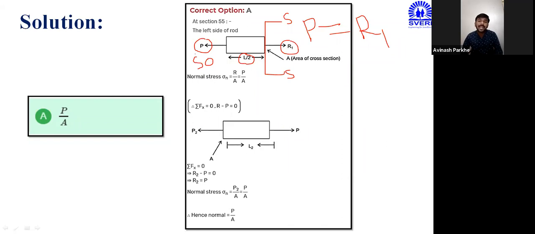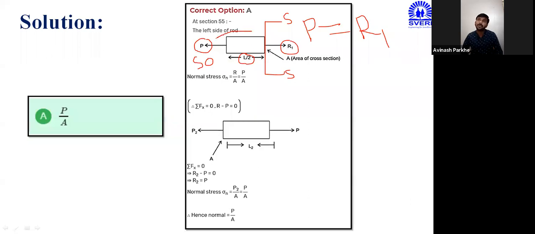If we apply a 50 kilonewton force on the left side of a body, then on the opposite side of the same body, the same quantity of resistance force is developed. If that resistance force is developed, there will not be some amount of deformation taking place, but that body will resist the deformation. If the resistance force is not developed in that body, then immediately the body will undergo deformation.